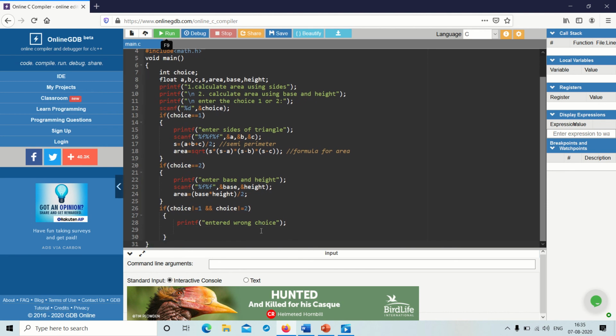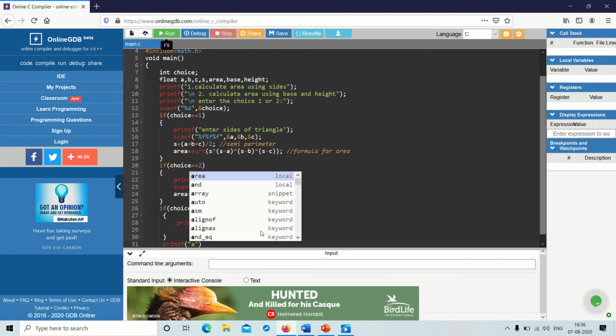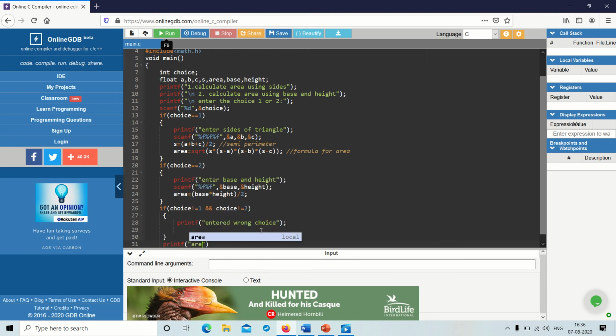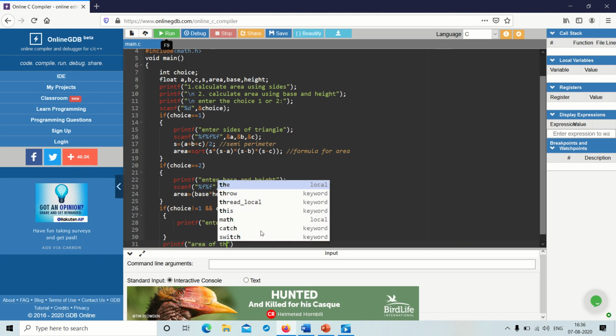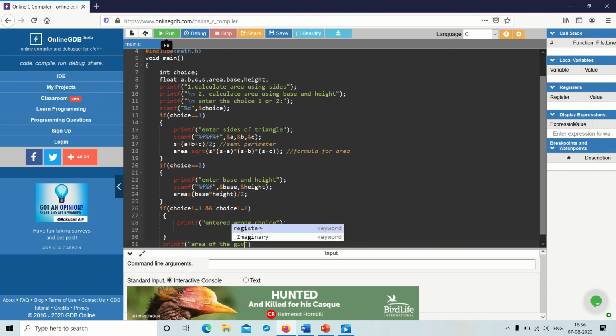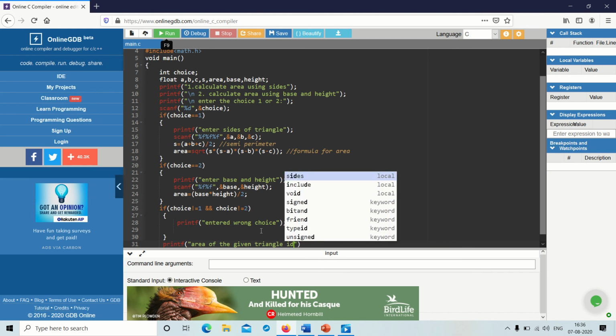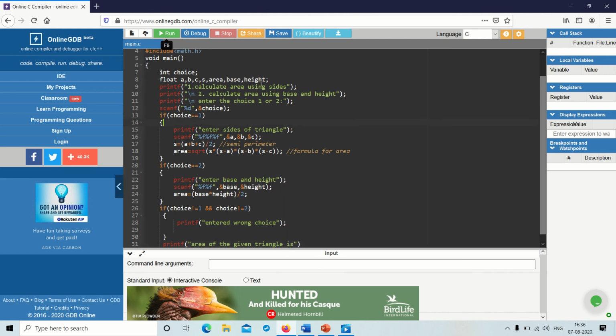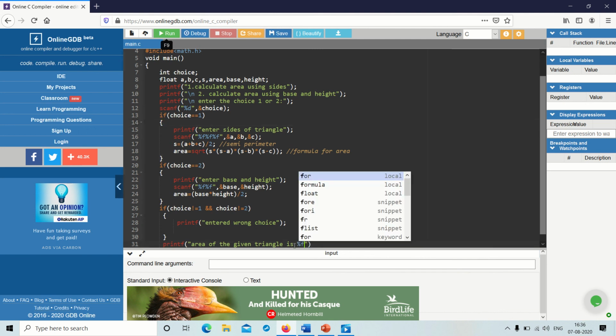Now the last step of the program, we have to print the area by using the print statement: area of the given triangle is. As we see here, the area is declared as data type float, so I am using again the %f here for the variable area.